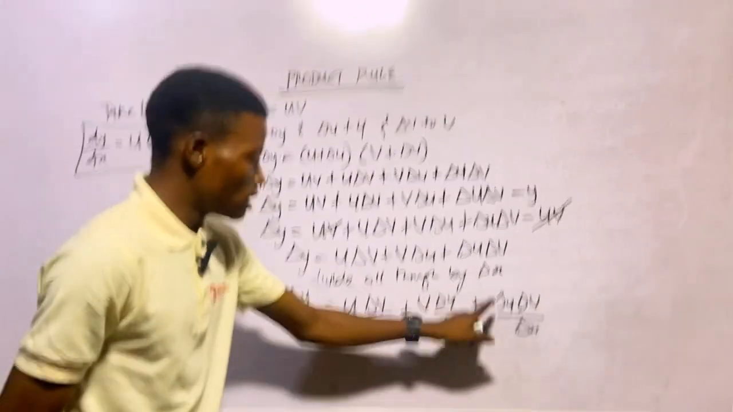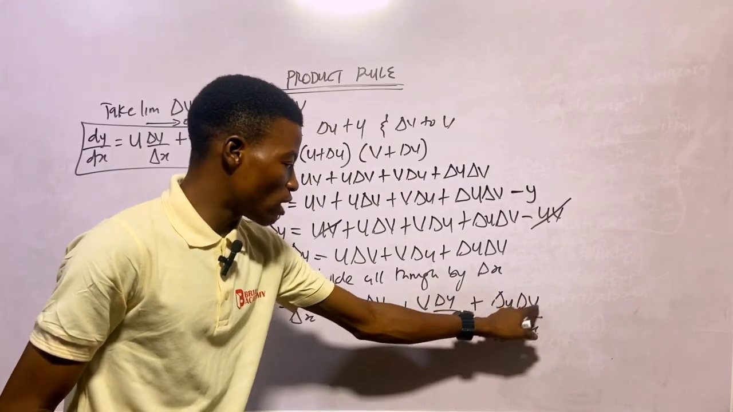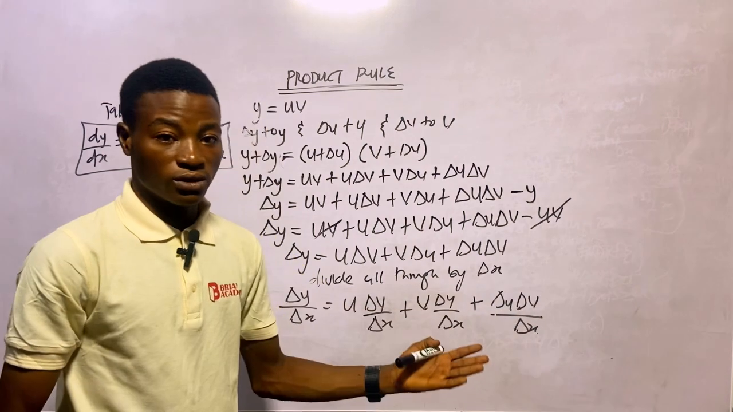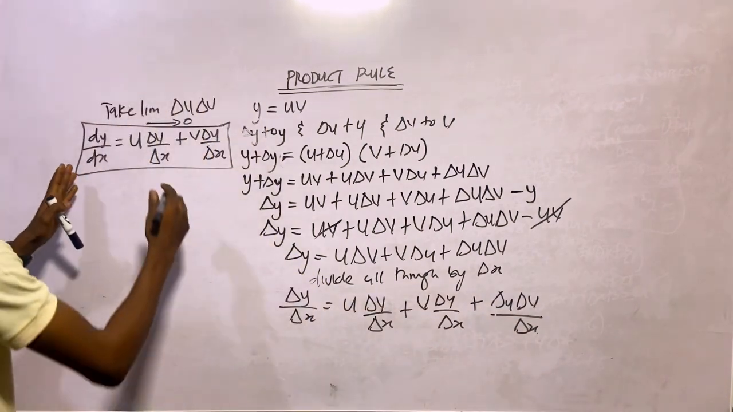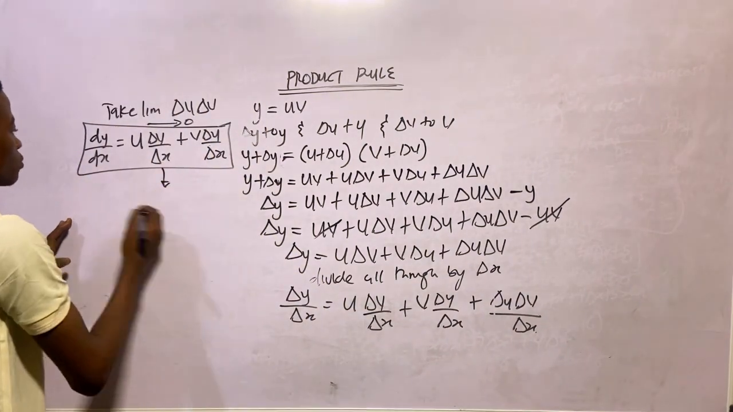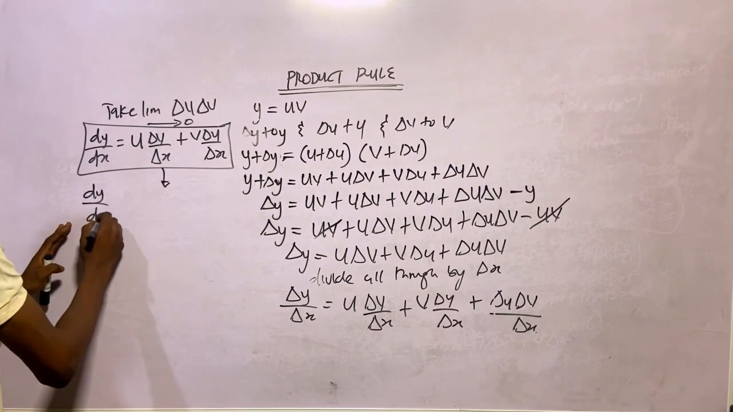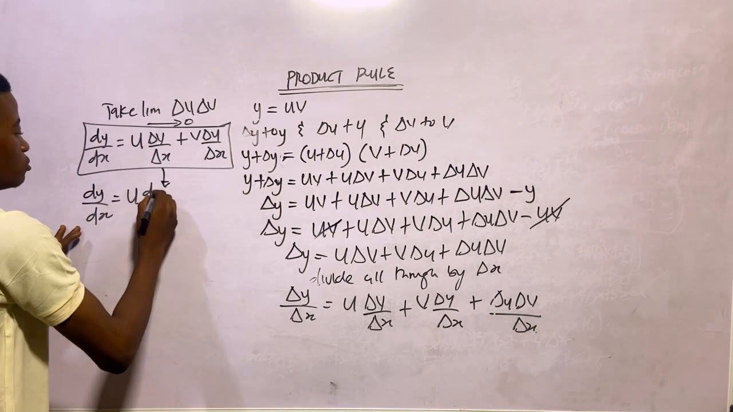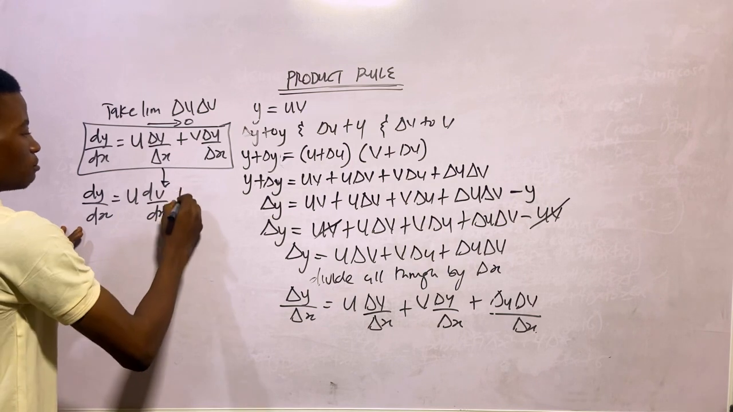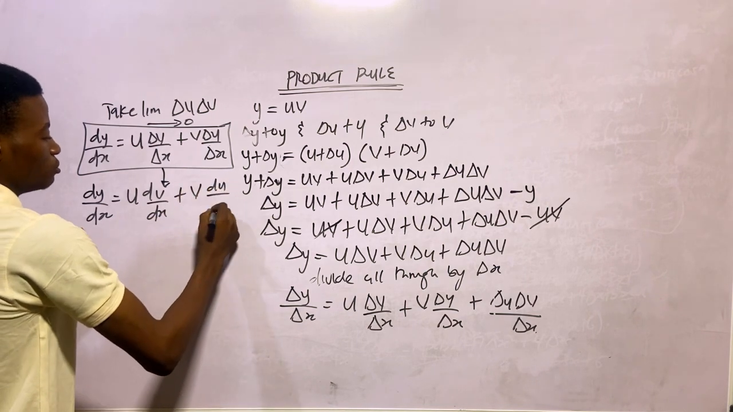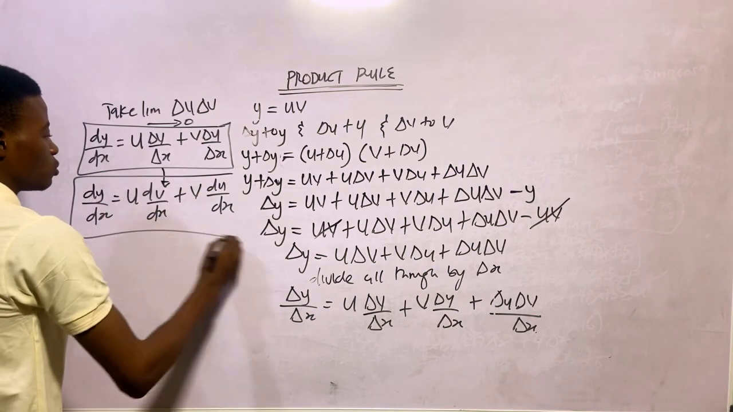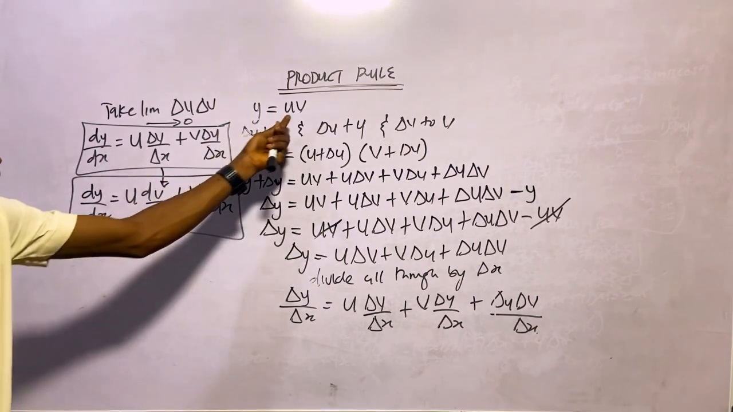That's the formula, because everything here is 0, and once you have 0 here, 0 divided by this is 0. So in the next case, I can write this expression as dy by dx equals u dv dx plus v du dx, and this is what I'm going to use to differentiate a product